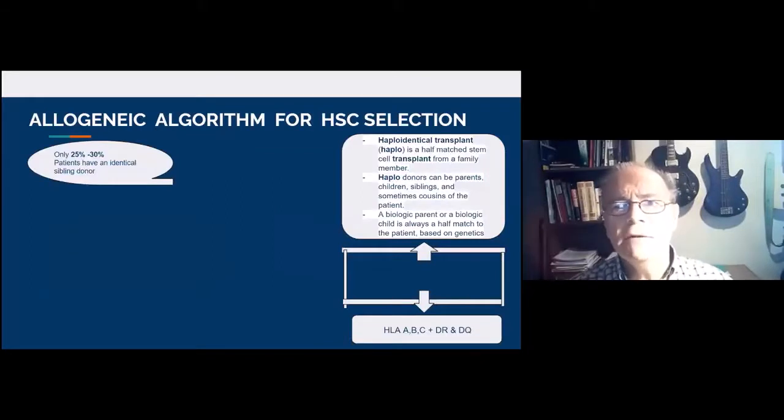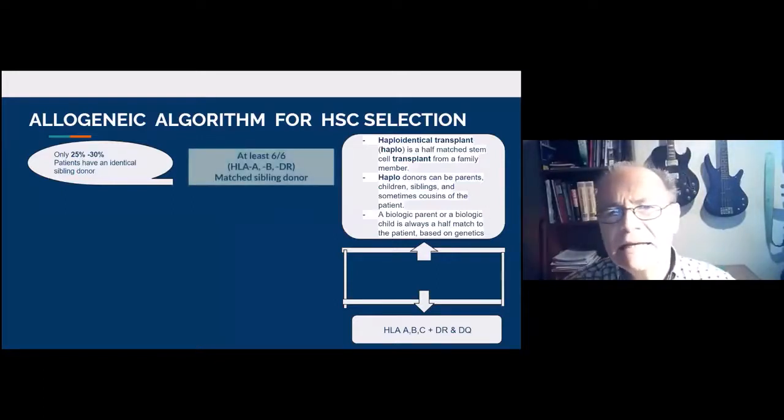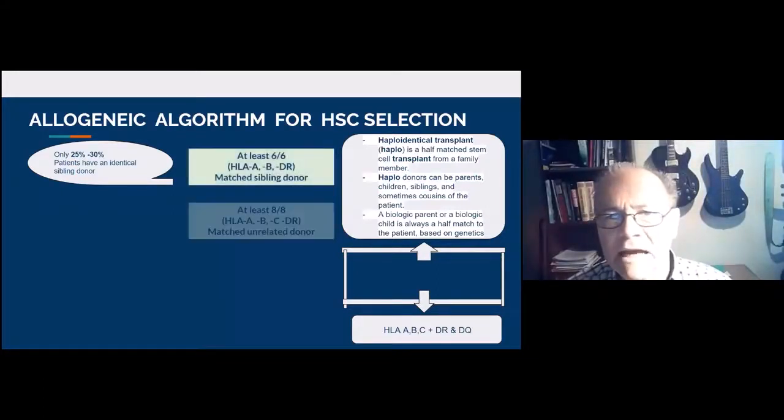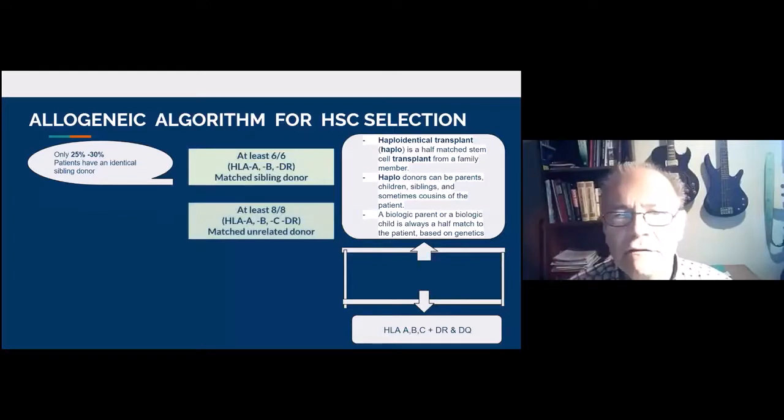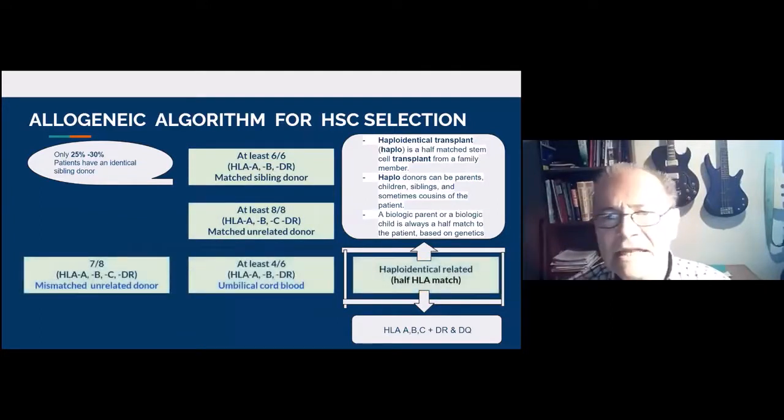Allogenic algorithm for hematopoietic stem cell selection. You know that only 25 to 30% of patients have an identical sibling donor. At least 6 to 6 HLA-A, B, and DR are needed for the matched sibling donor. In the case you need an unrelated donor, you have to go to HLA-A, B, C, and DRB1. The best one is 8 to 8, but you have to admit 7 to 8 with HLA-ABC and DRB1